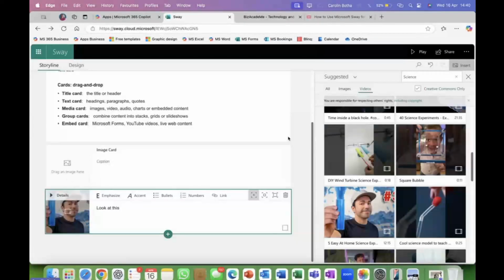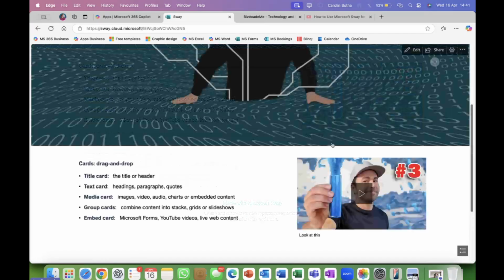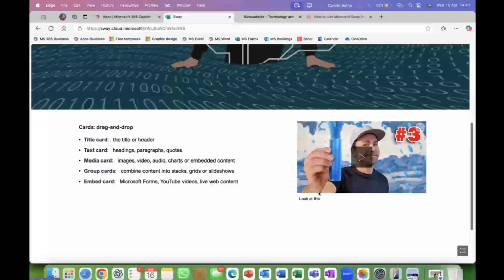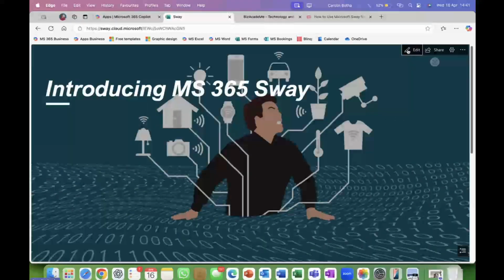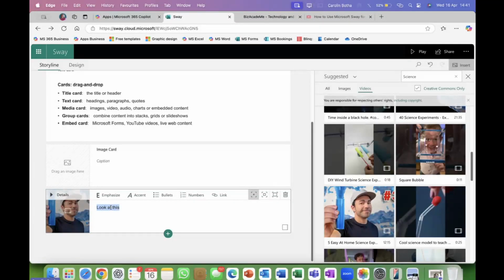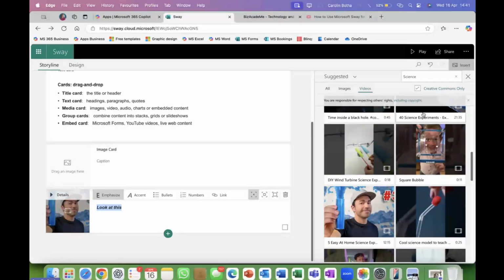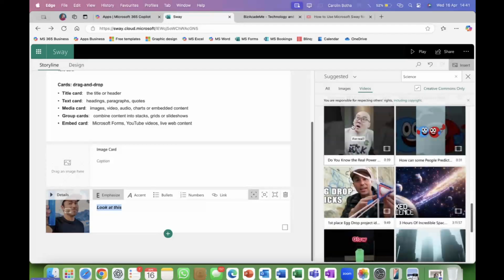Let's just go back to edit. Oh, there it is. Look at this. So if that is maybe a little bit too small for you, you can go back to edit, and you can select your text, or your caption that accompanies your video. You can emphasize that, you can make it a little bit italic, and you can once again put in a link if that is what you would like to do, but we're not going to do that again. Right, so lovely options you can choose from.